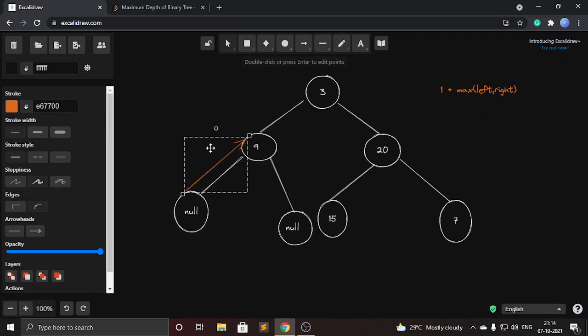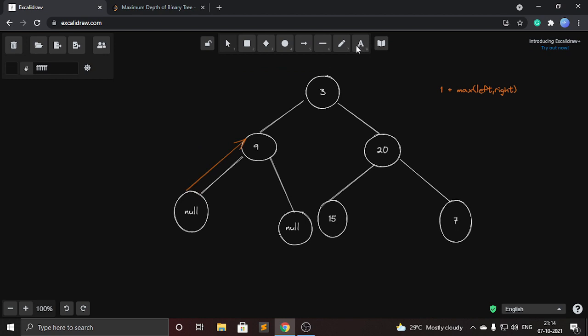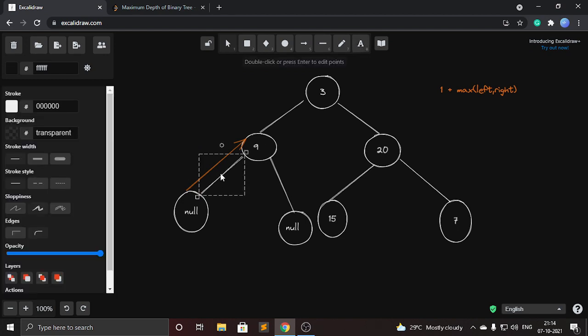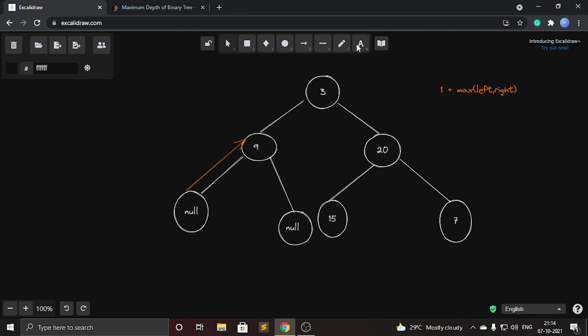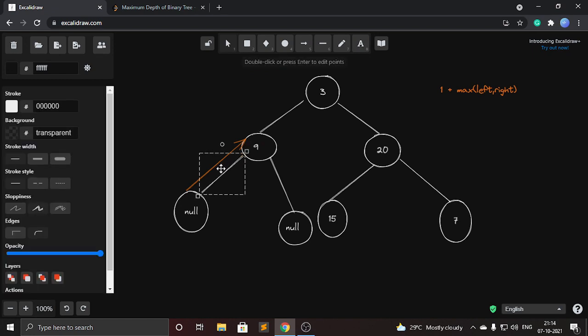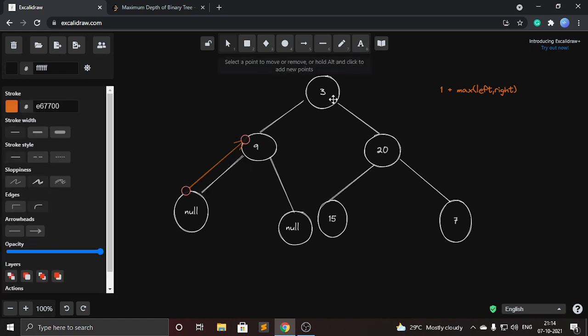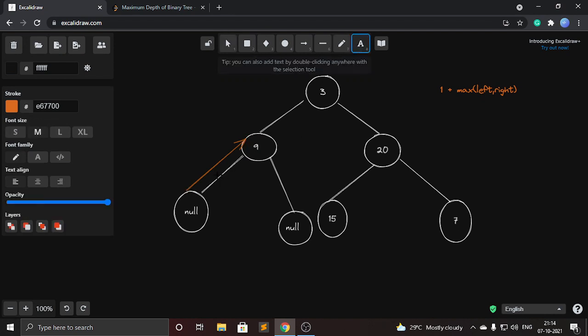So this will return 0. Now we will go to the right side. The right side is also null. It will also return 0.